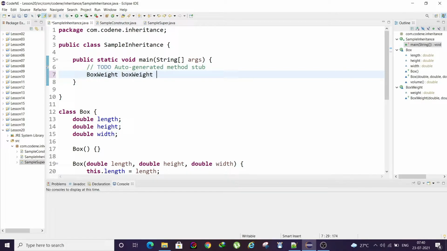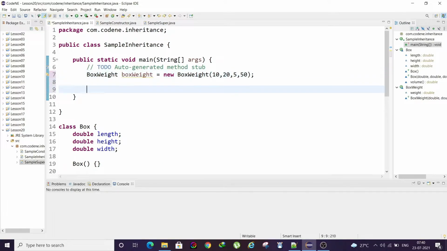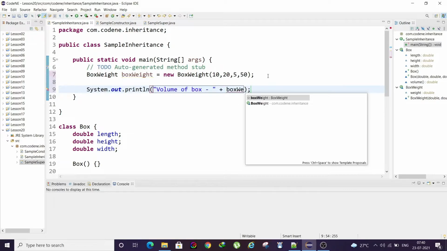BoxWeight equals new BoxWeight, right? So let's say 10, 20, then 5, and then weight will be something around 50. Okay, so what we can do, we can get the volume of box using boxWeight.volume.